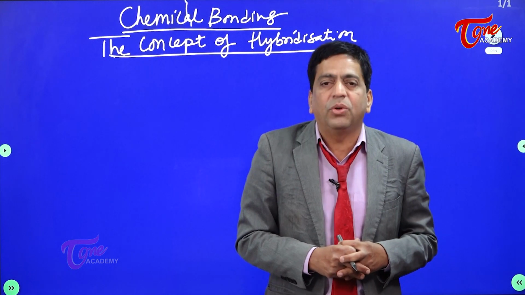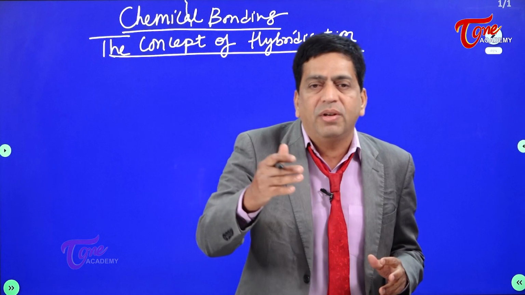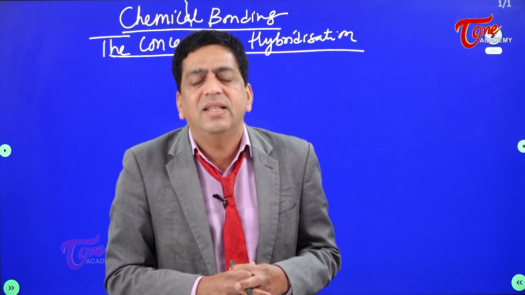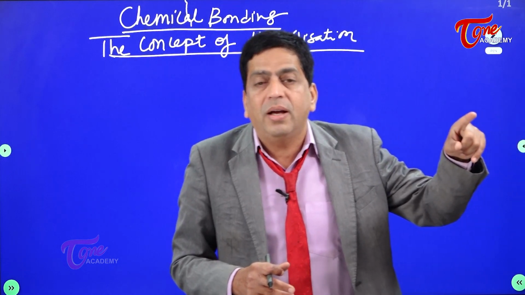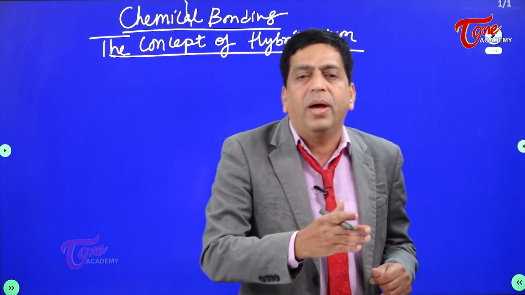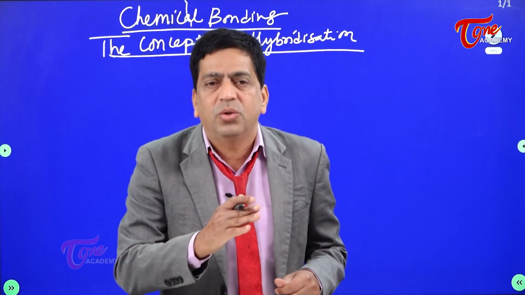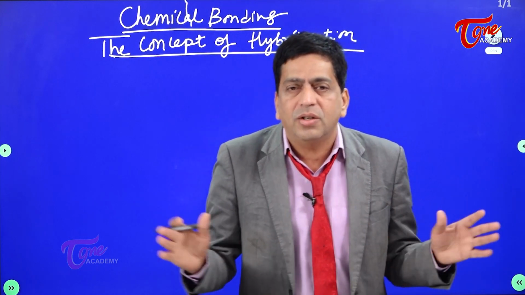Of course, the concept of overlapping is a feat to explain the strength of the covalent bond, because the very first postulate of Linus Pauling says the strength of the covalent bond is derived by overlapping of atomic orbitals. So basically, a covalent bond is formed by overlapping of atomic orbitals. So he, for the first time, is introducing what? The concept of overlapping. You must understand.